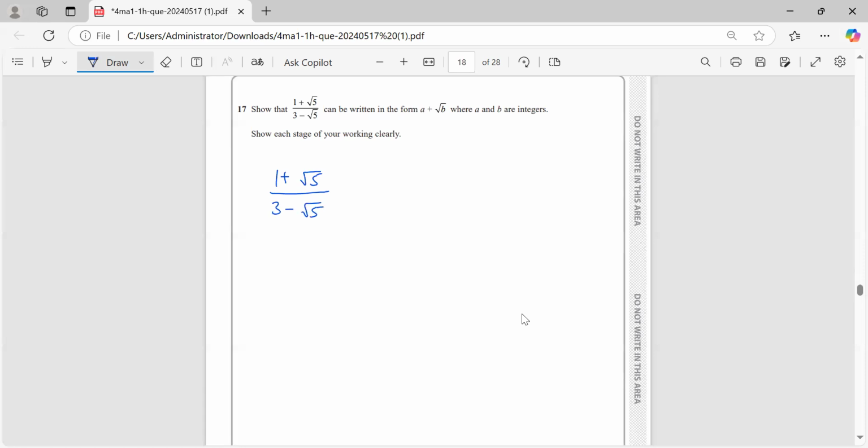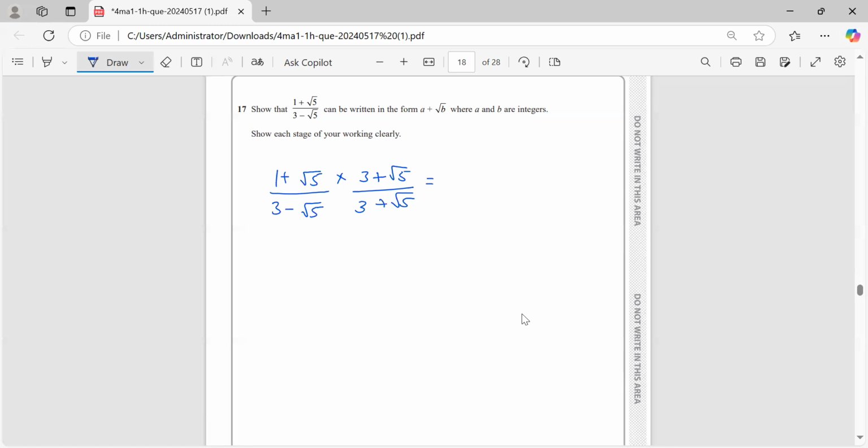What you just have to do is rationalize over here. So I'm going to multiply by 3 plus root 5 over 3 plus root 5. The reason why I did that is I want to get rid of a surd, or let's say a root, on the denominator, right? So to do that, if I have 3 minus root 5, then I have to multiply it by 3 plus root 5, all right? So solving this,